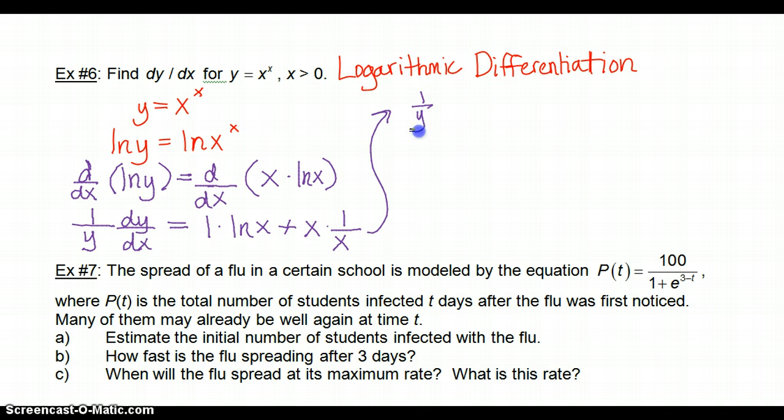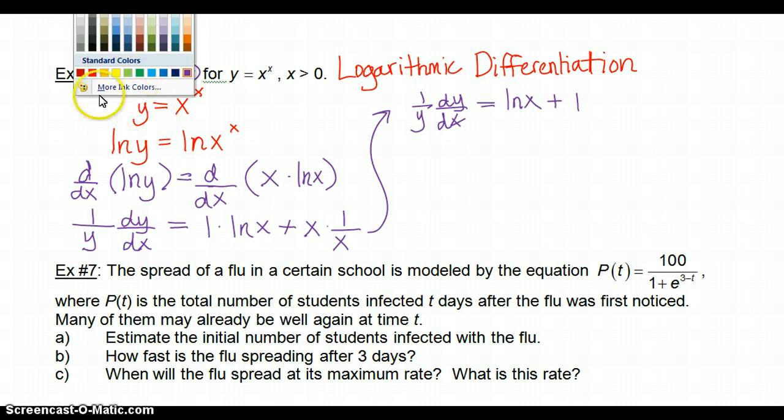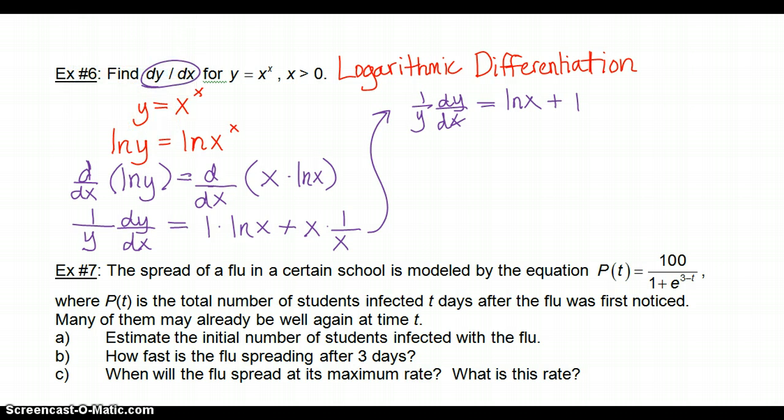So I have 1 over y dy/dx equals ln of x plus 1. Notice that the x times 1 over x would cancel. We're almost done. So remember, what were we looking for? We're looking for dy/dx. So that means I need to multiply both sides by y to get rid of